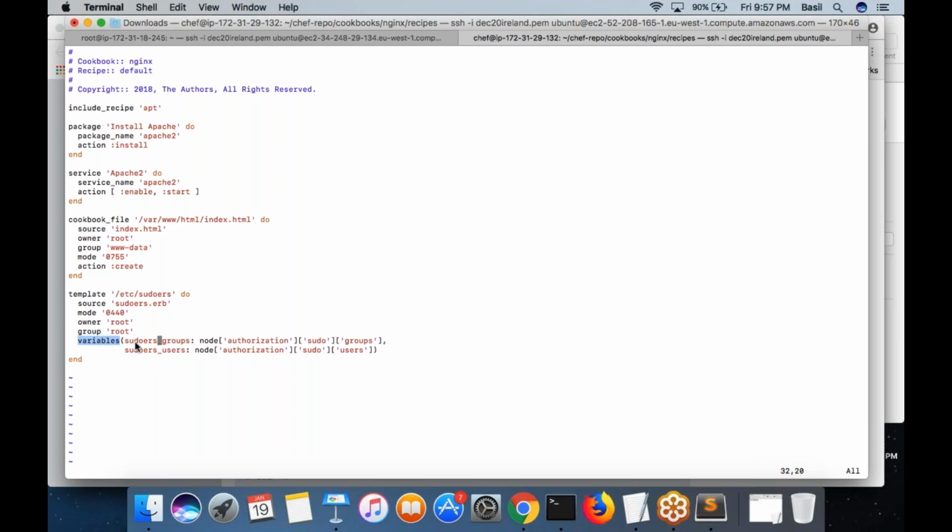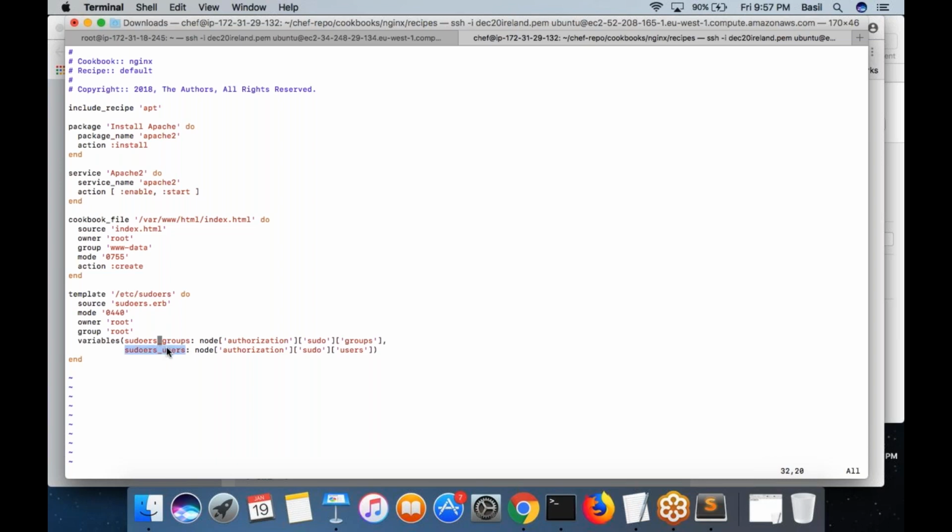Actually, these variables are going to be used to generate this file. That's what it indicates. So basically inside your template file, you are going to use these variables. To get the list of groups, you use this variable. To get the list of users, you use this variable. Not attribute, I should not call it attribute, just variables.